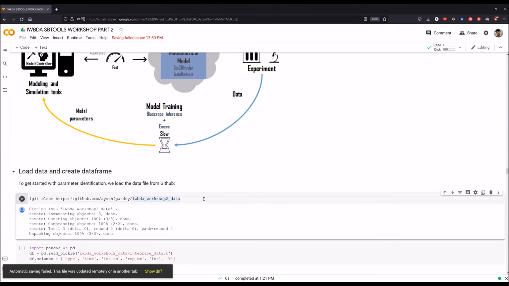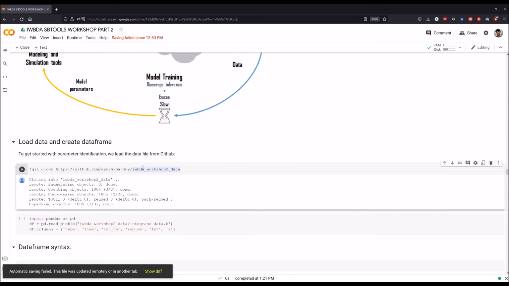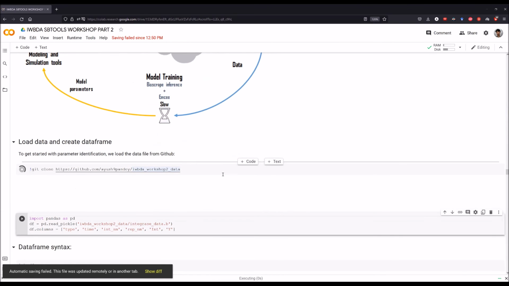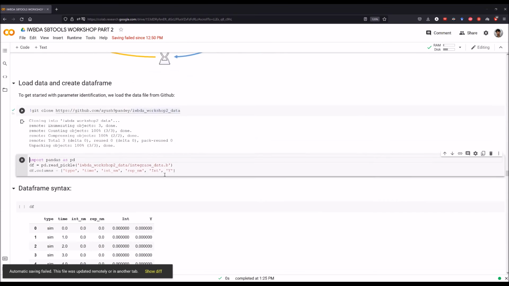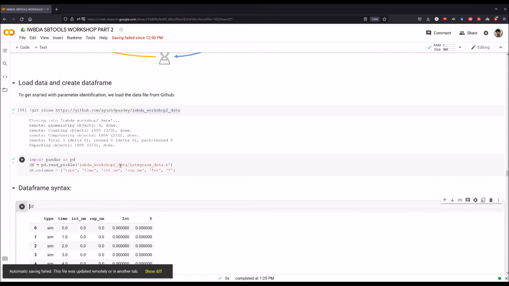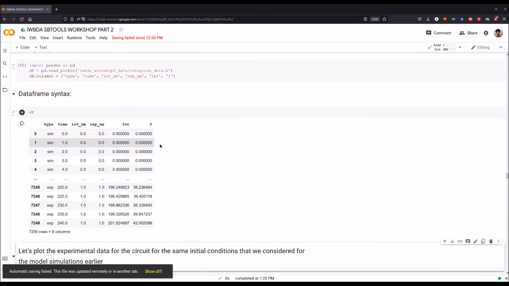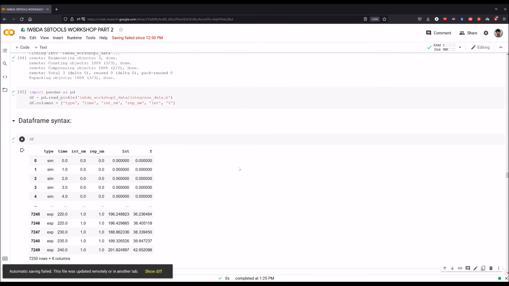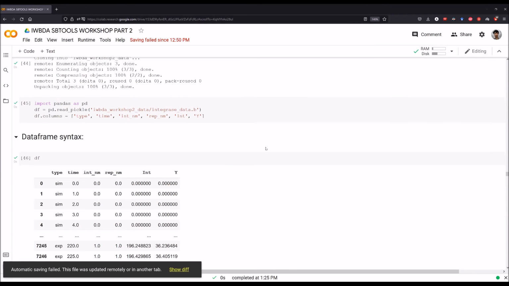So the first step is to get the data. I have uploaded this data file on GitHub, which I can get by cloning the repository, which gives me the data file. So I can import the data file using the pandas package here. And this is what it looks like. And this is the usual syntax that is also required by Bioscrape Inference